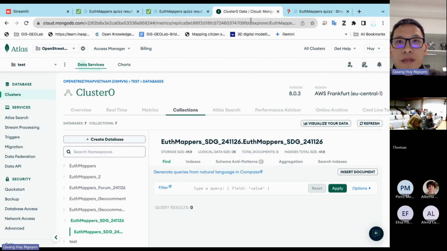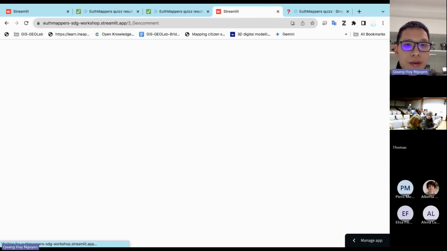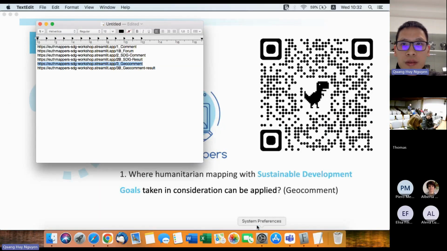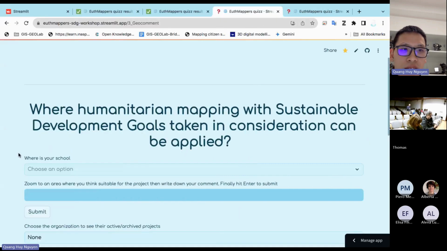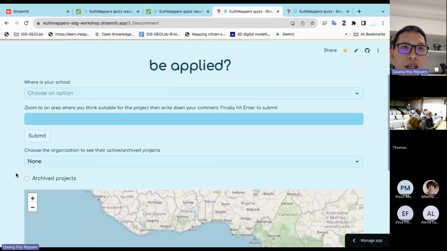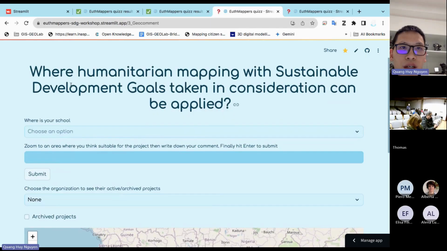So first, after scanning, I will leave the QR code for a second, and I can guide you. I can do a quick guide. Here you can see the question.